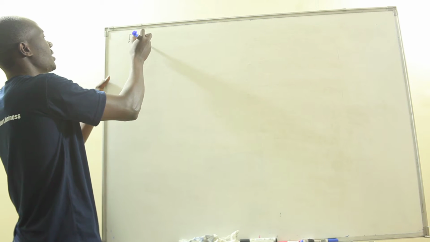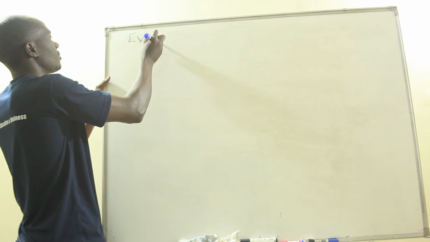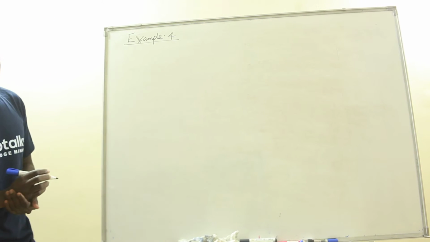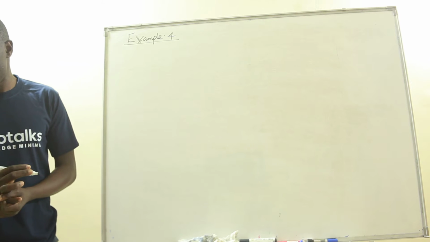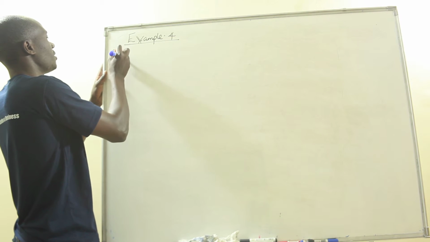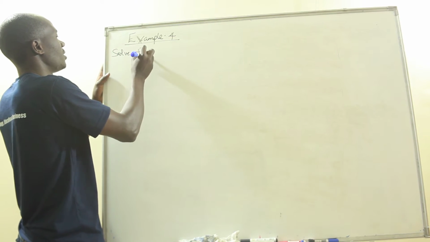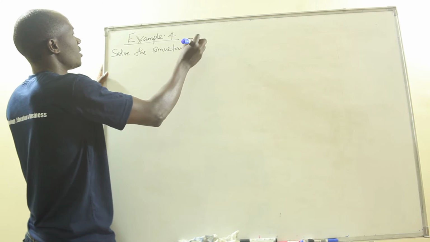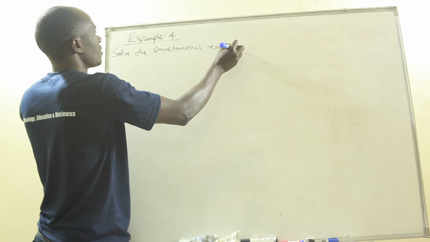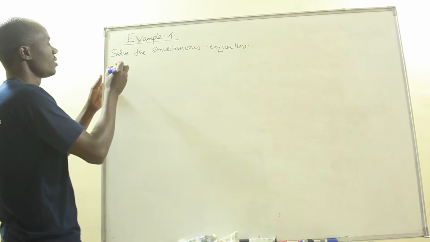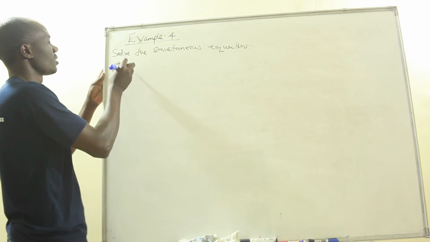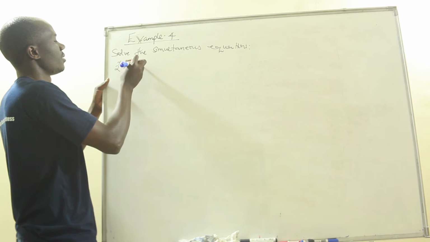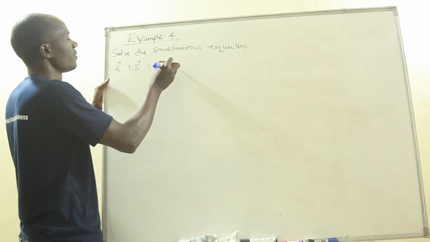Another example, that is example 4. Solve the simultaneous equations. We have 2 power x plus 3 power y equals 5,